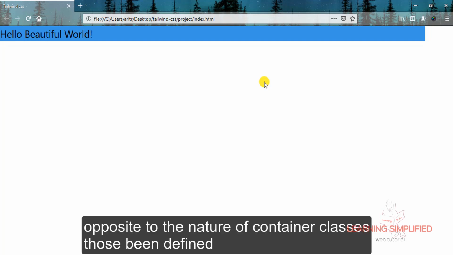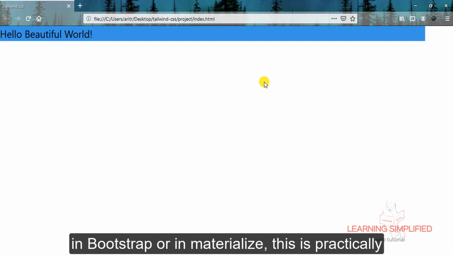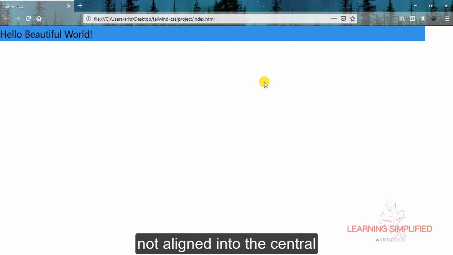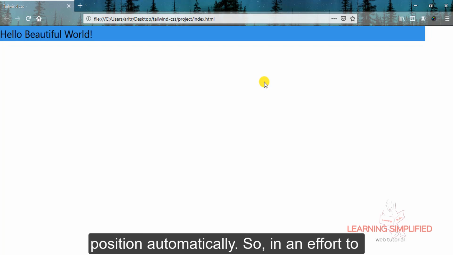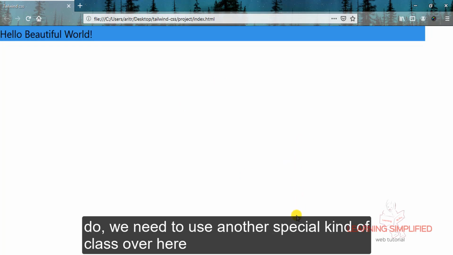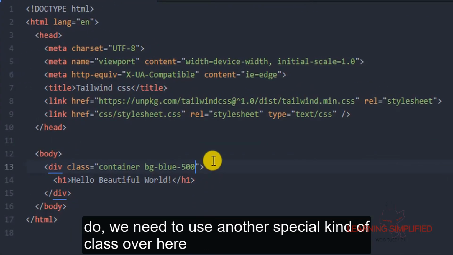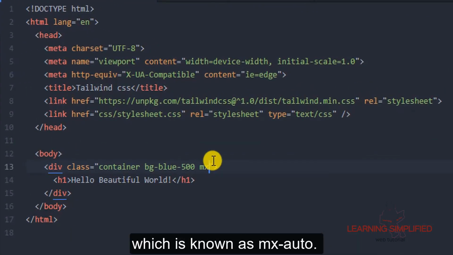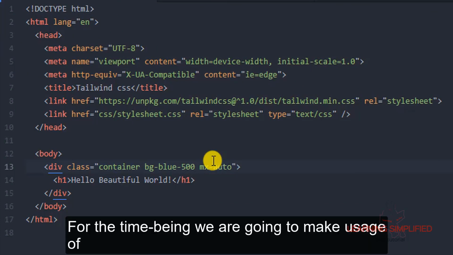Opposite to the nature of container classes defined in Bootstrap or in Materialize, it is practically not aligned into the central position automatically. So in an effort to center it in the central position of your web page, all we need to do is use another special kind of class over here, which is known as MX Auto.